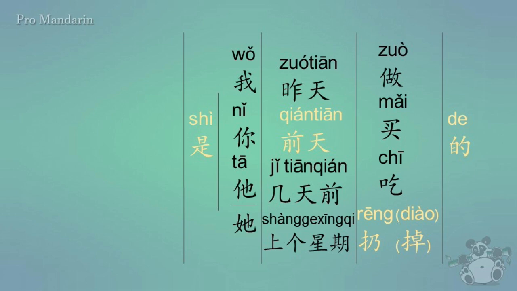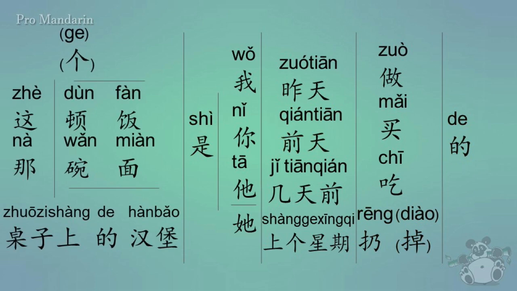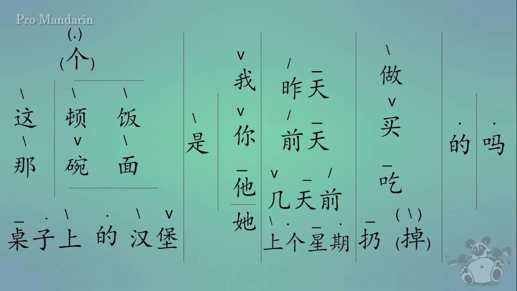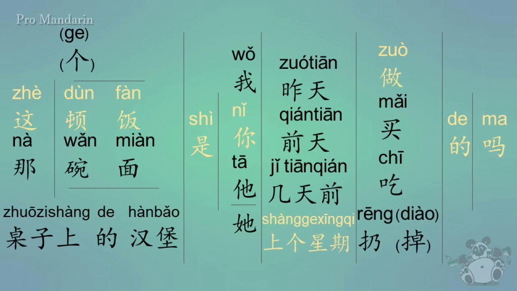So again, that's 是前天扔掉的. Now, I do want to show you a couple other things that you can do with this sentence, such as you can put 嘛 at the end and make this all a question, where you're not saying who did it or when did it happen. Instead, you're saying, did you do it? Or did he do it? Or something like that. Or was it done a few days ago? Something along those lines. So with that, let's see if you can figure out how to say, did you make this meal last week? So with this 嘛 at the end, how would you say that? 这顿饭是你上个星期做的吗？